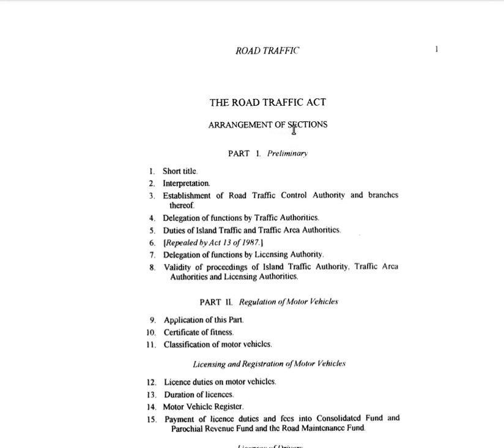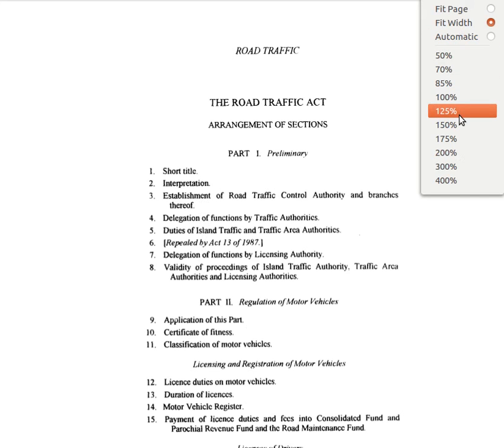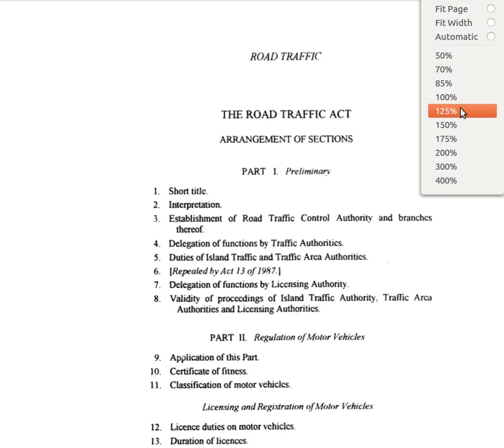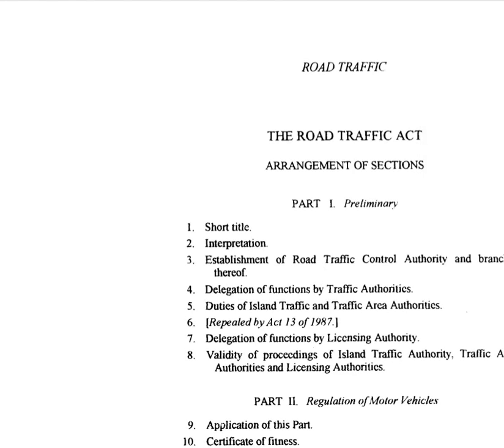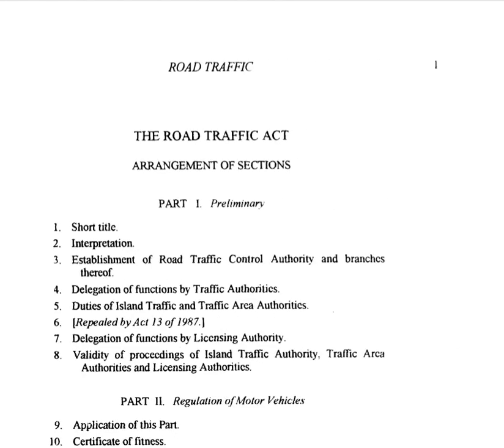The Road Traffic Act, arrangement of sections. So, the first part here, part 1, preliminary. So you have these sections here. Let me increase the view. Nice. Now,